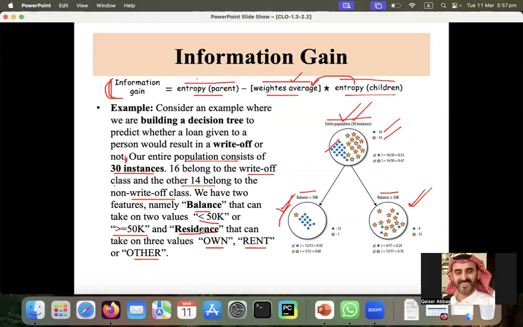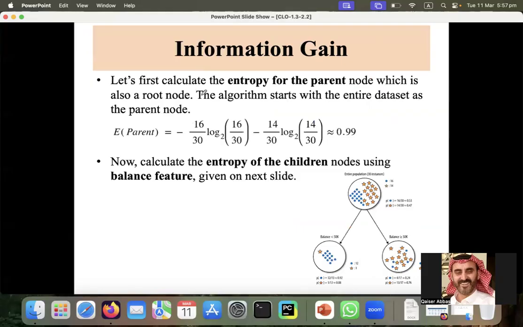Anyhow, I am stopping, okay? And I will start this calculation in the next lecture. If I start it now, maybe it will take 10 minutes, and then we will be very close to Iftar. So next time, in the next lecture, try to